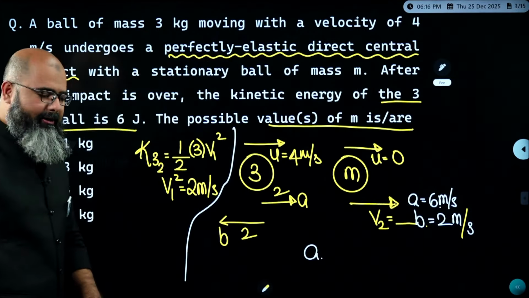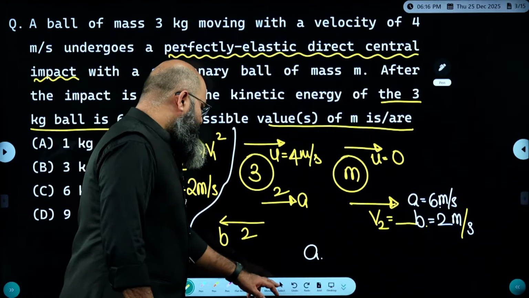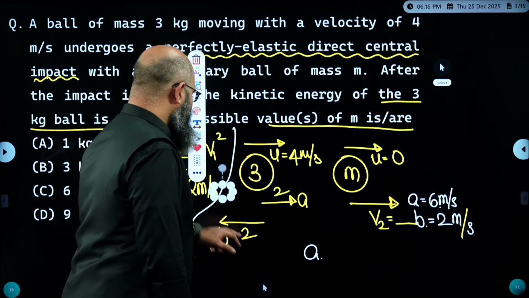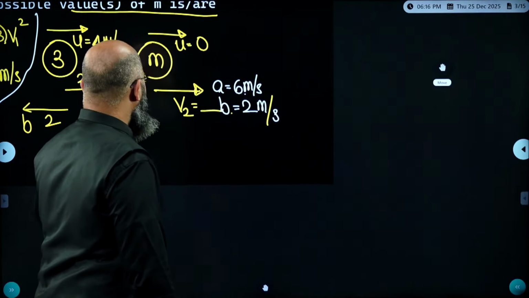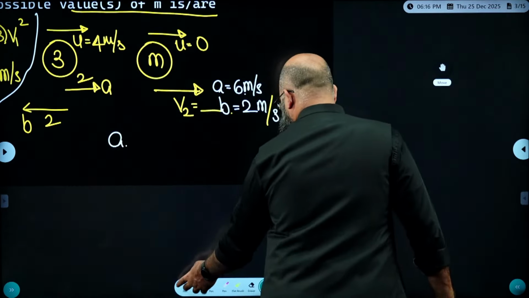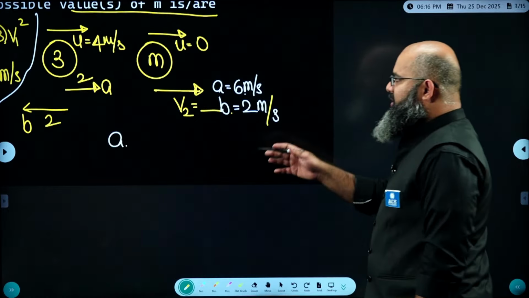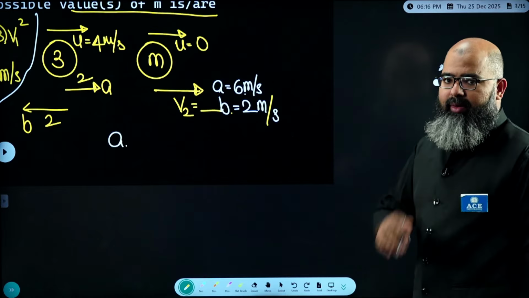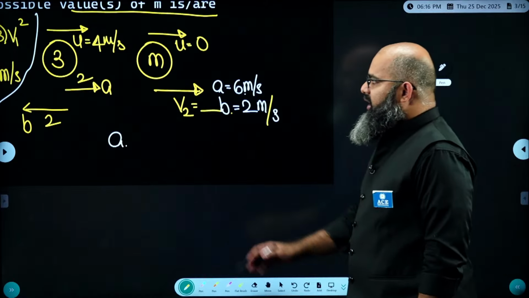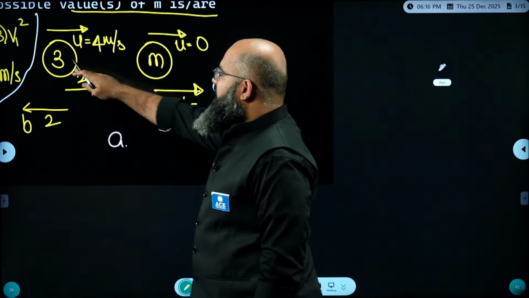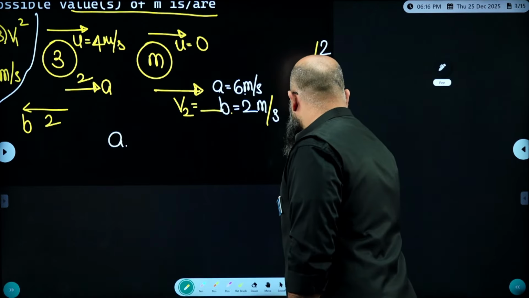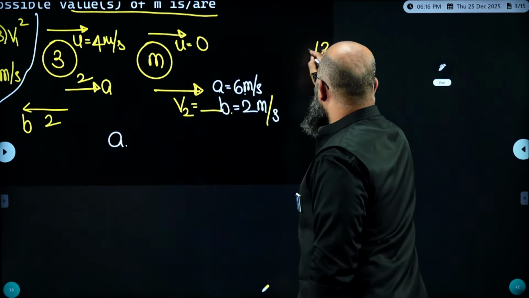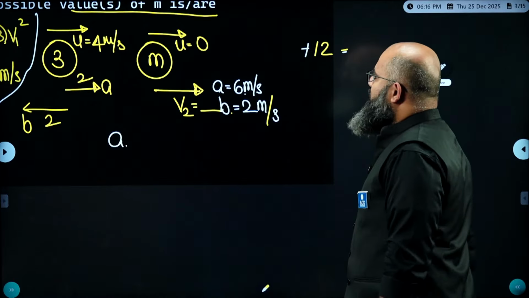I hope you are following till here. Now what I'm going to do, I'm going for law of conservation of momentum. By law of conservation of momentum, I can say initial momentum must be equal to final momentum. Bear in mind, momentum is a vector quantity. Initial momentum of the system is equal to 3 times 4, 12 units, positive x, has to be equal to